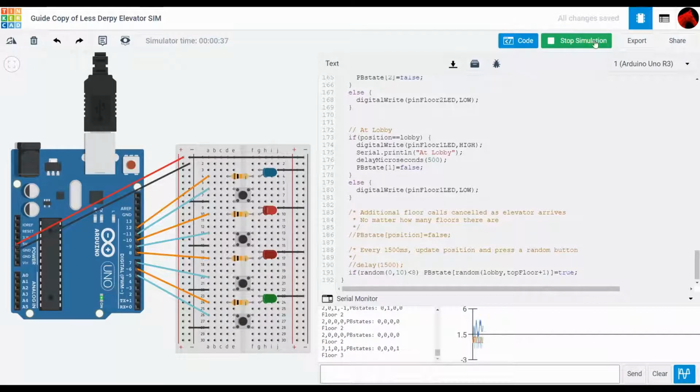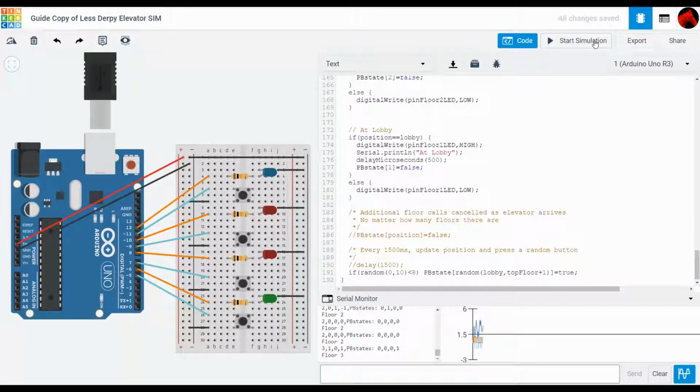Now, let's stop the simulation. With only 4 floors, it's a little difficult to see how this works. But if we had more floors,